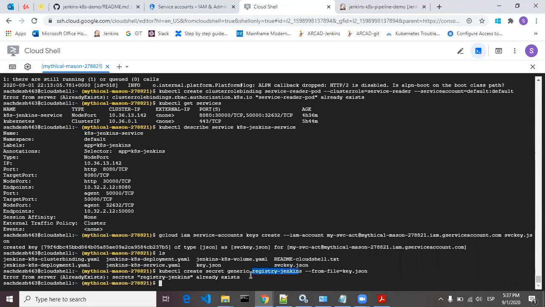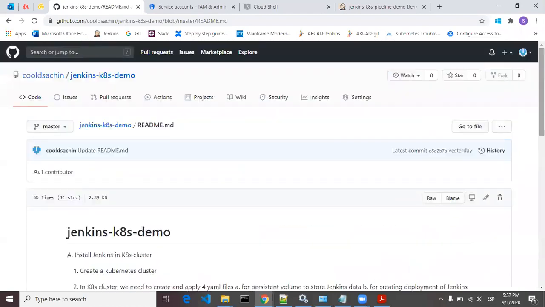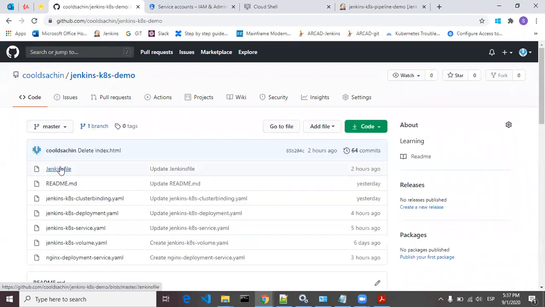This registry Jenkins will be mapped with your service account, and by this your Google authentication will be successful. This thing will be required. I will tell you why that step is very important in the Jenkinsfile.